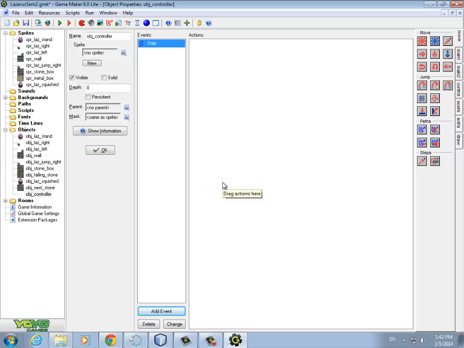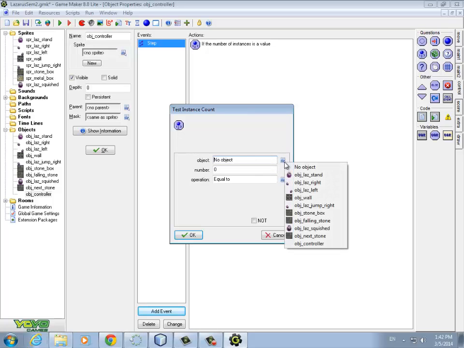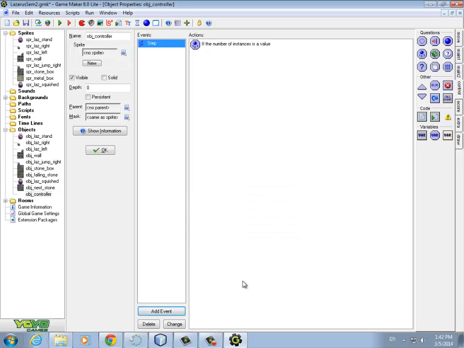We want to check to see if there are any boxes in the way or any falling boxes already. So the first question we ask is, we don't want to create a falling stone box if there already is one, right? So we're going to count up how many falling stone boxes there are. We use this one, test instance count. We're trying to see if there are no falling stone boxes. If there are no falling stone boxes,